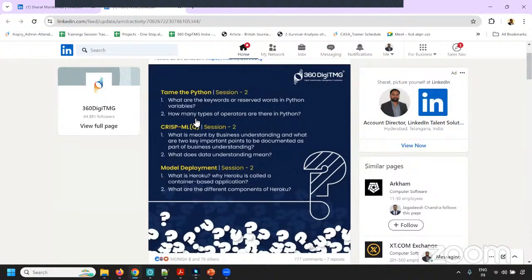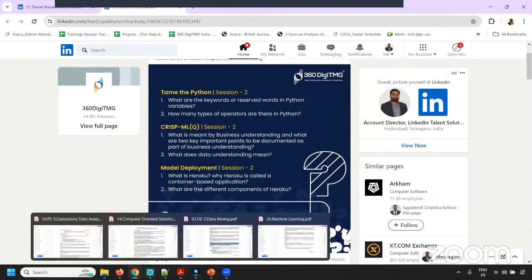LinkedIn is an important platform, friends. It is the important platform for job hunts. In fact, stats say that LinkedIn is the primary platform for sourcing profiles. So you create your own profile and make it stronger by participating in this particular exam.